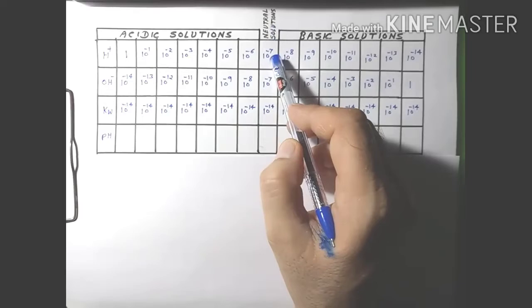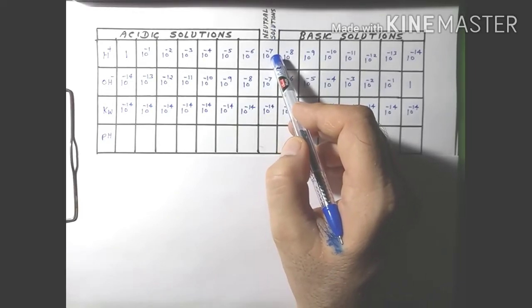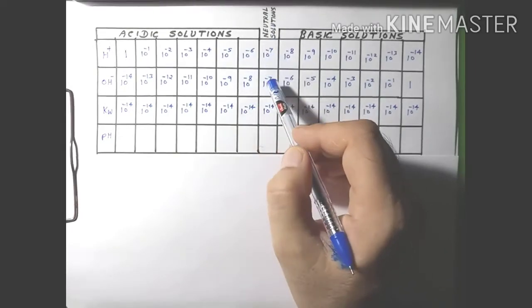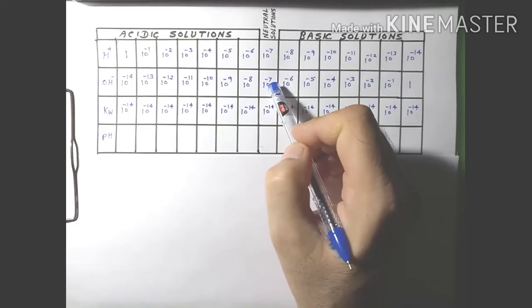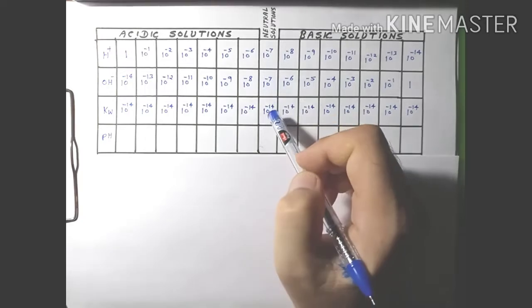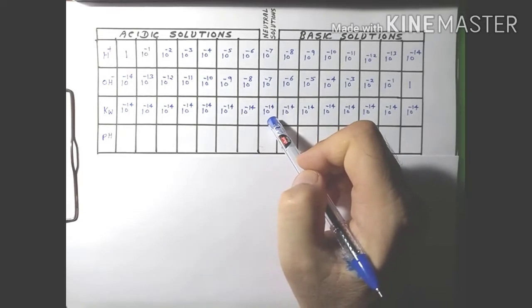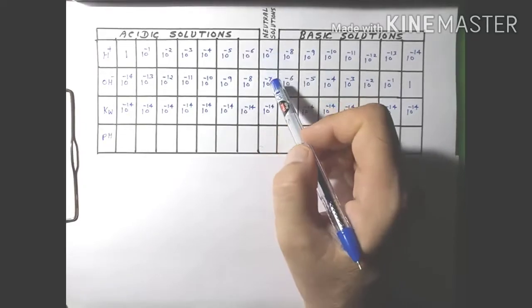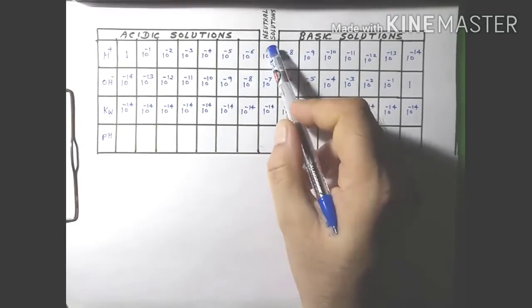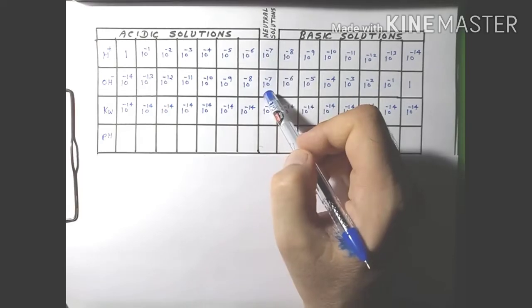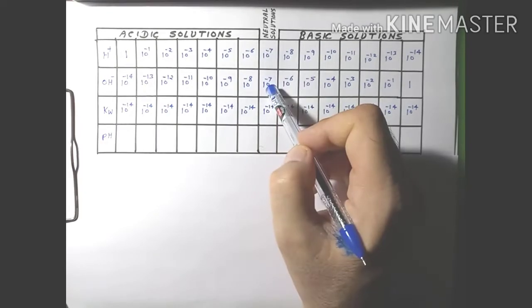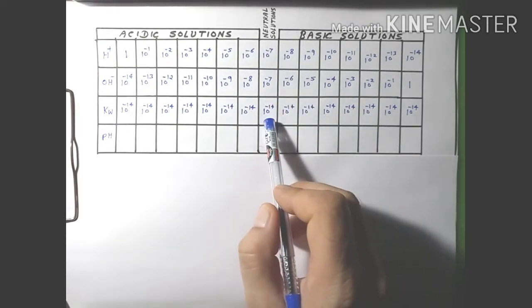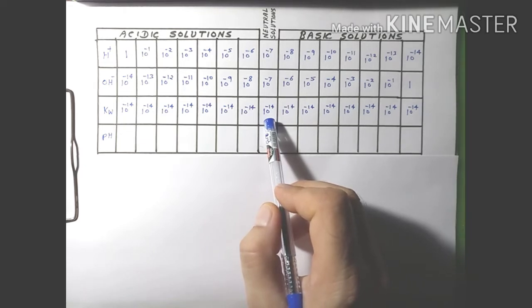So what is the meaning of neutral solution? As I told you just now, in the neutral solution, the concentration of H plus and the concentration of OH minus ion should remain the same, and the product of these two also should remain 10 to the power minus 14. So that is the only criterion. We keep this 10 to the power minus 7 and this 10 to the power minus 7. Both the concentrations are the same, as well as the product of these two concentrations is equal to 10 to the power minus 14.